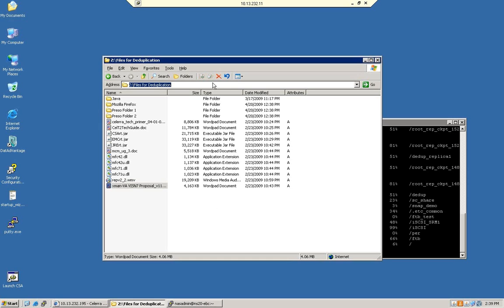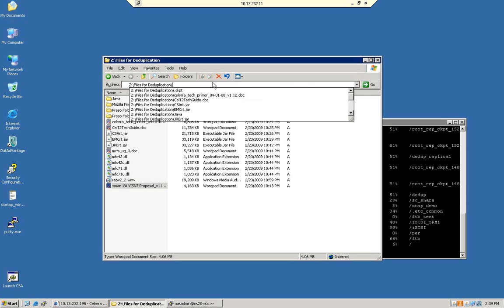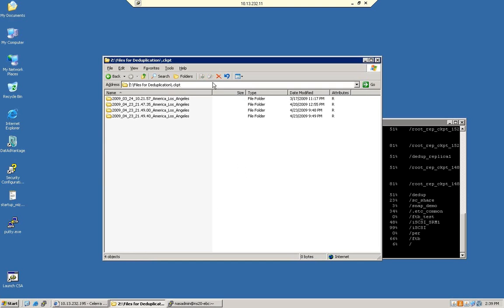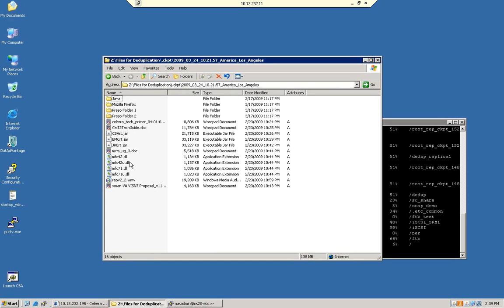The other way that you can do it is, we have a hidden directory called the CKPT directory, and what you'll notice here is that we have all the files. Now, there's nothing to say that you can't mount this directory and do your backups from it. There are many ways of doing it. The last way of getting that file back is using